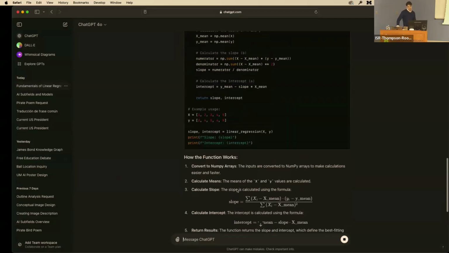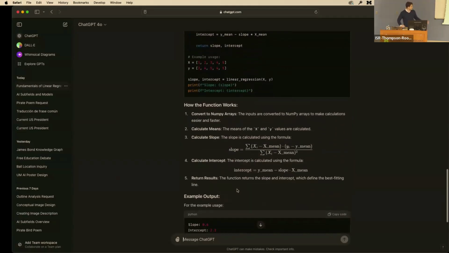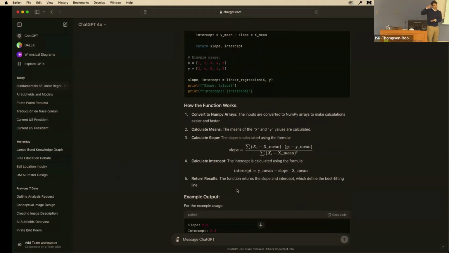As you can see, it writes the Python function for me using NumPy, which is probably the most useful library in Python. And it also tells me how it works. Because I went from that step of explaining it to me, it knows that it doesn't just need to spit out code. It also knows to provide me with some context for the code.